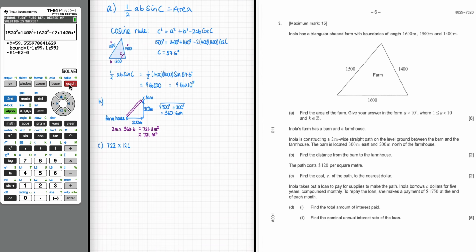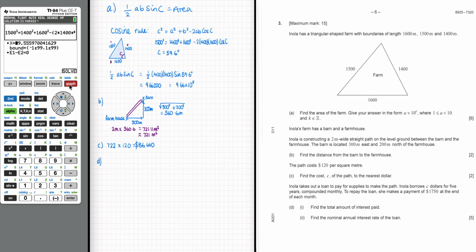times 120, and that is 86,640. So I now know how much money, and it's in dollars. So let's put that in dollars. I now know how much money it's going to cost me to build my path. And then in part D,